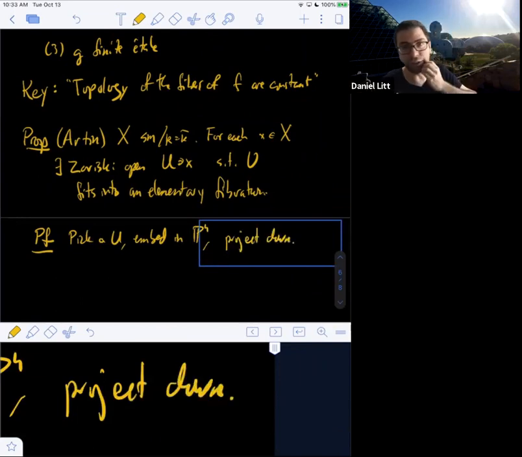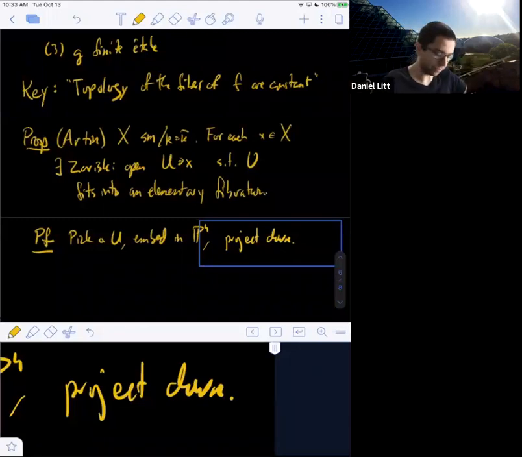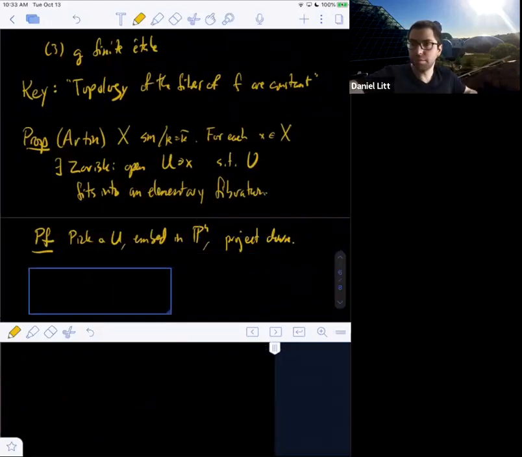And if you do this generically and then delete some bad locus, you'll win. Okay, that's not a real proof. Making it real requires pretty involved algebraic geometry, but that really is the idea. All right. Are there any questions about the statement?